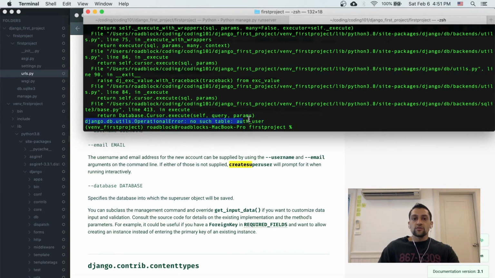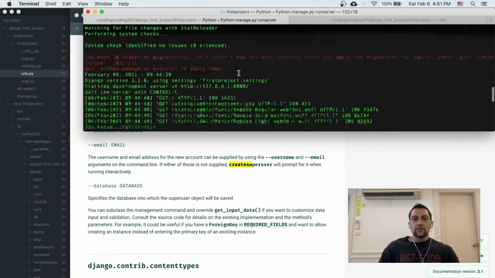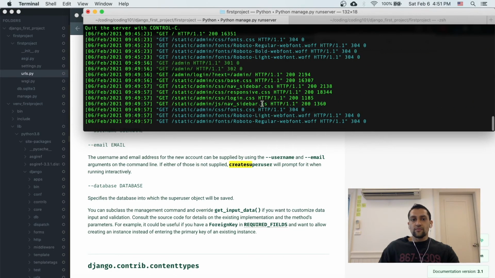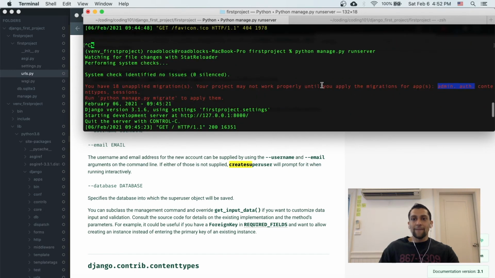Okay so ก่อนเริ่ม, before we create a superuser, จำเป็นต้อง store superuser, store users in general ข้างใน database ครับ so here เราจะเห็นปัญหาที่นี้ครับ: you have 18 unapplied migrations, your project may not work properly until you apply migrations for admin, auth, contenttypes and sessions. ทีนี้สำคัญคือ admin และ auth